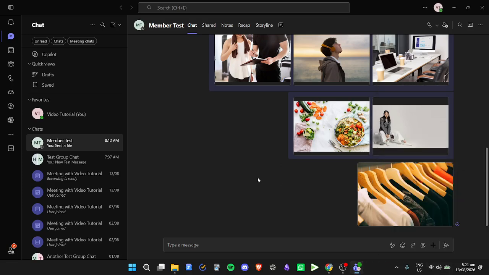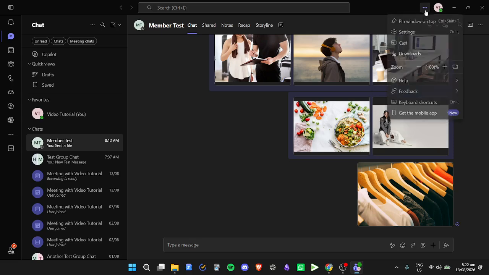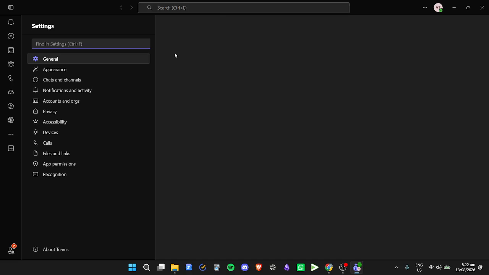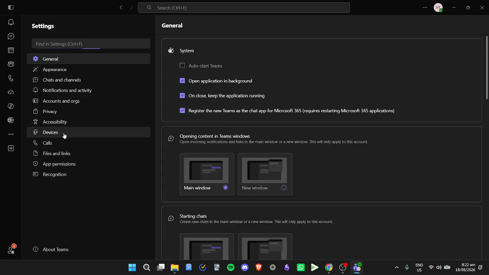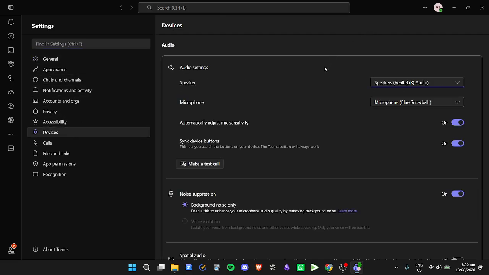After you have configured your desktop audio, now you need to make sure that Microsoft Teams also uses the correct output device or audio device. To do that, just click the three dots right here, click settings. From here, go to devices. Here you will see audio settings. So here you can make sure that you are using the correct speaker. So make sure you're using your speakers right here, or if you're using any kind of earphone or headphone, select